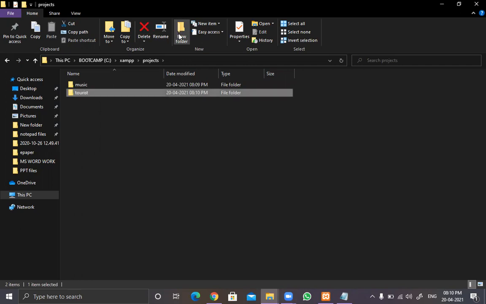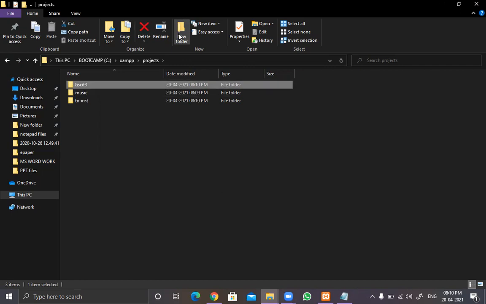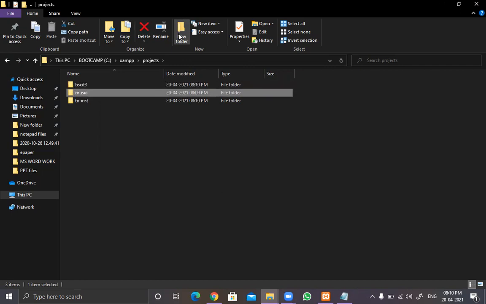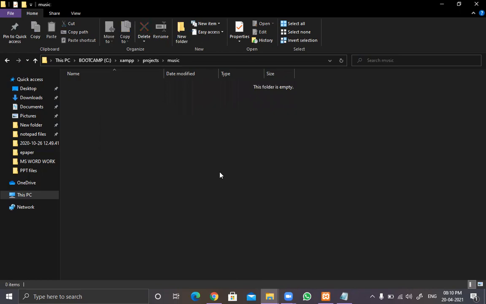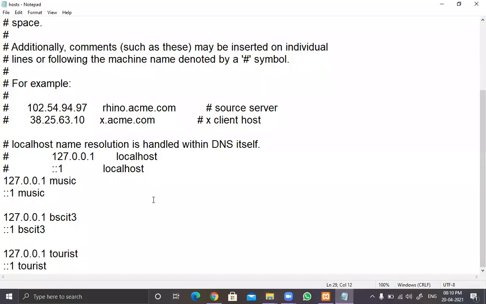Okay, and what was the third one? BSc IT3, I guess. So I have created three different folders for all the three projects that I'm going to start with. Fine. Now the next thing is that I need to map this music folder to the music host that I have linked in the hosts file.